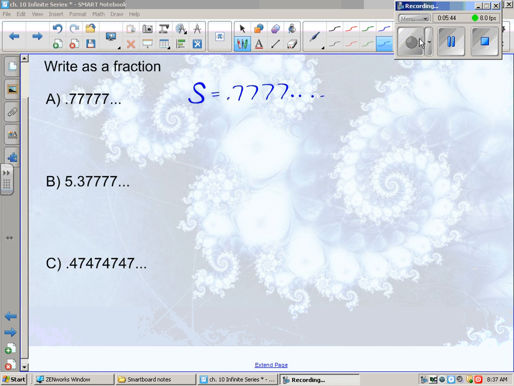Okay, so what we're going to do is notice how many numbers are repeating. This is just the generic way of teaching it. How many numbers are repeating in 0.7? One number. And so I am going to multiply by 10. If you think about the series, 7/10, 7/100, 7/1000, that's what's adding up here. Same idea. We're going to write it right over the top, 10s. And what that's saying is we're going to multiply s by 10. What's s? s is 0.7 repeating. Multiply this 0.777 by 10. That would become